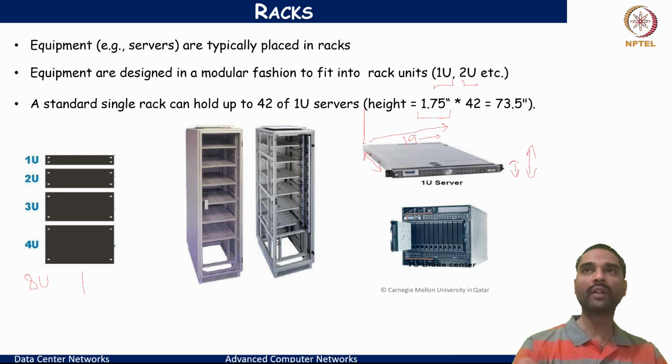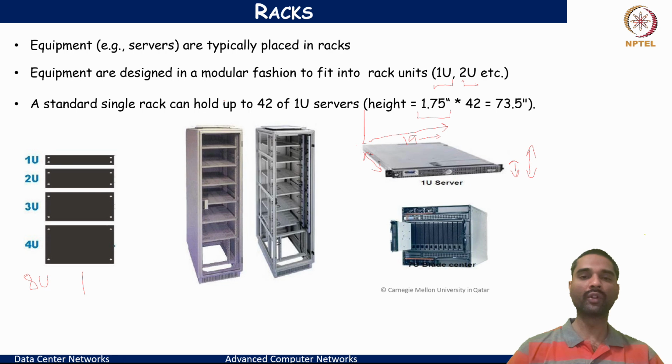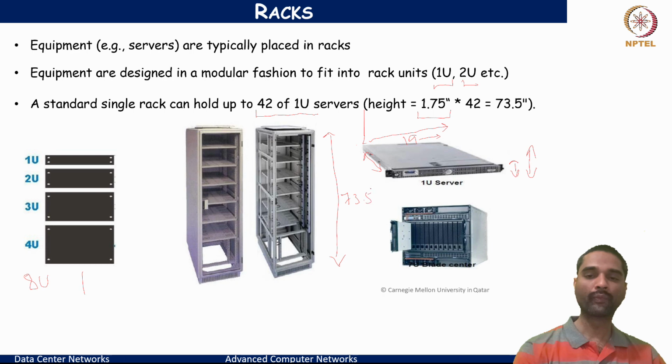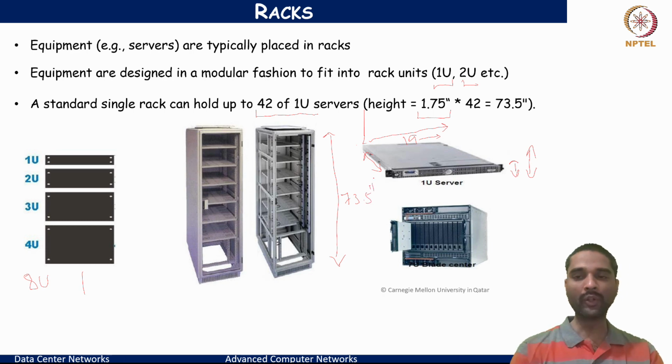The most standard rack that we typically use can host 42 of the 1U servers, with a height of 73.5 inches. And this is able to host 42 of these 1U servers. And if there are 2U servers, then 21 of those, and you can have a mix and match of 1U, 2U, 3U, and 4U servers hosted within this rack enclosed